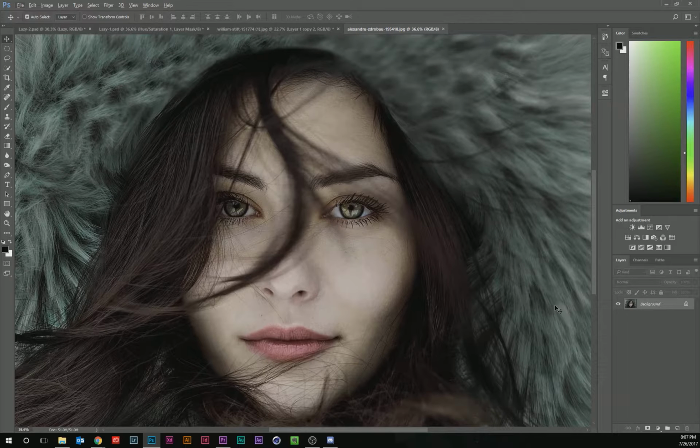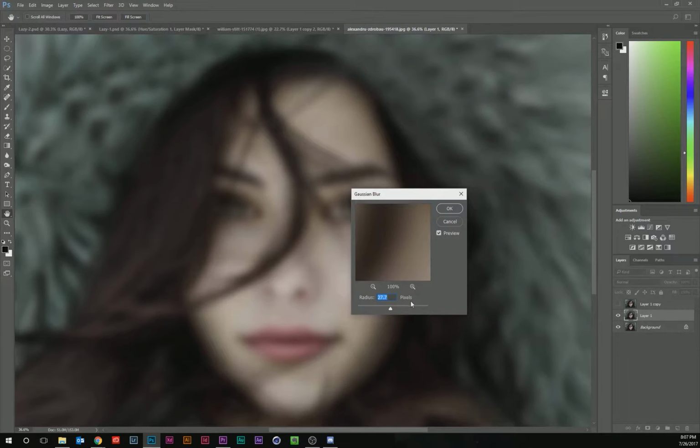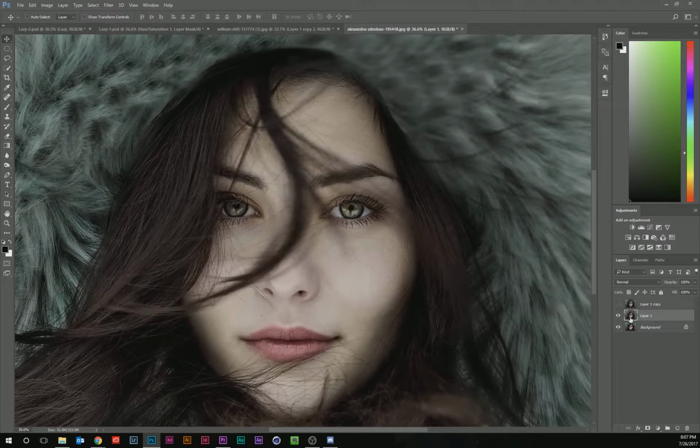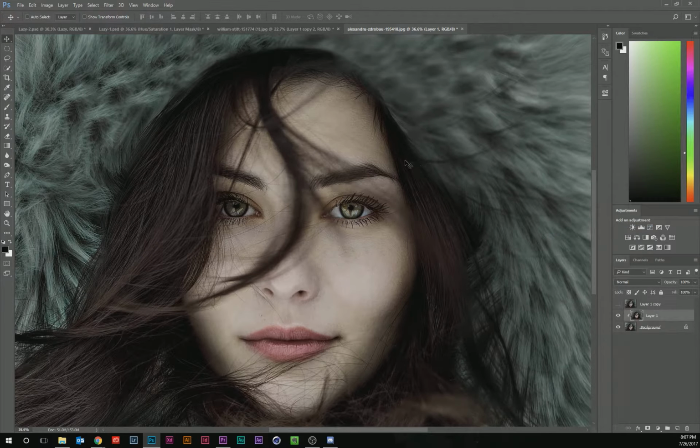So I'm going to hit Control J twice to copy that. To hide the top image, I'm going to go down to Filter, Blur, Gaussian Blur, and like 24 is good. Oh, I want to turn this into a smart object, because that way I can edit my filter,